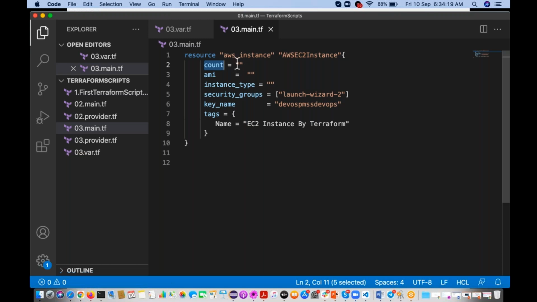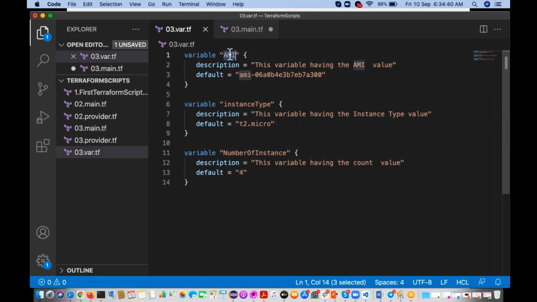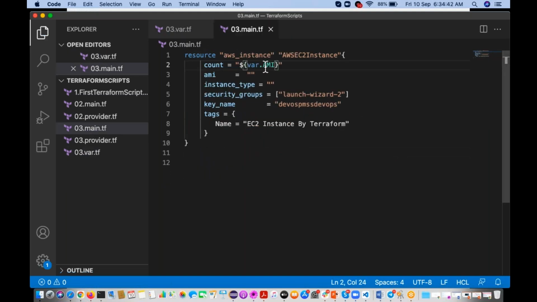We are going to use the dollar symbol, with curly brackets, yes or no? And inside that curly bracket we put the variable we have used, like this.